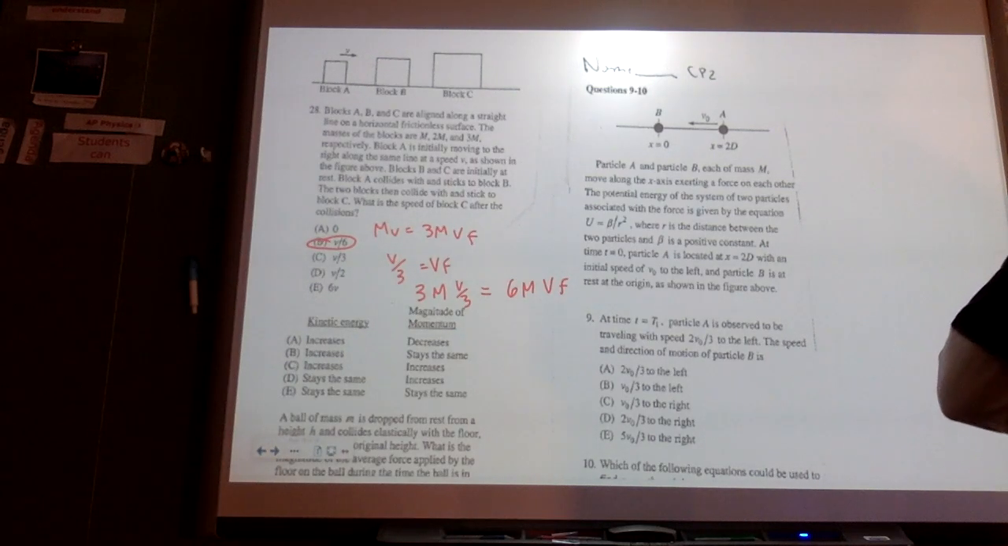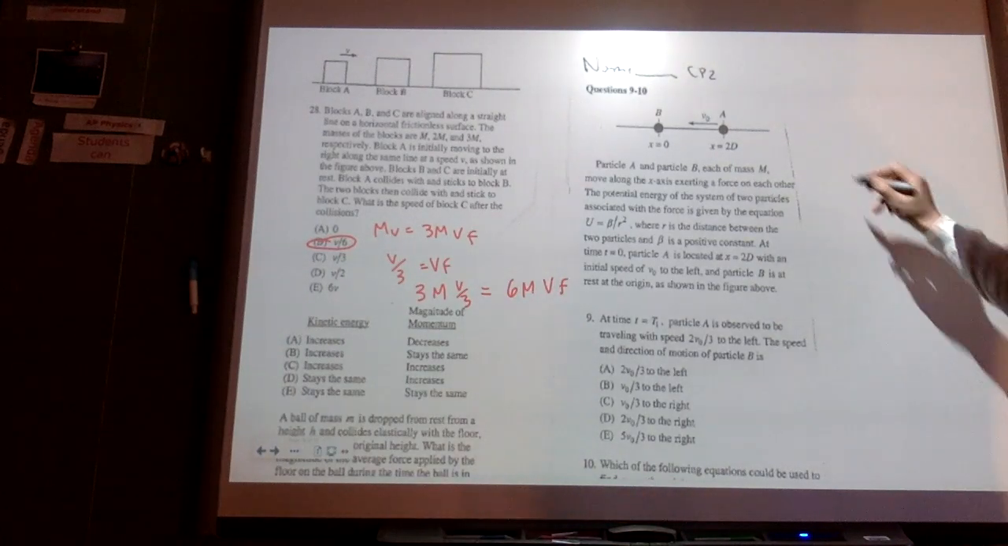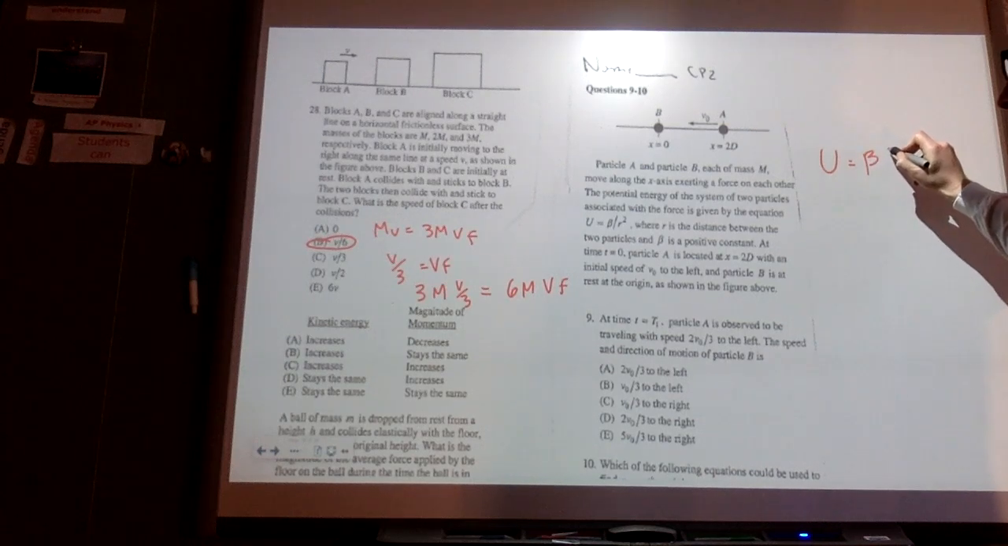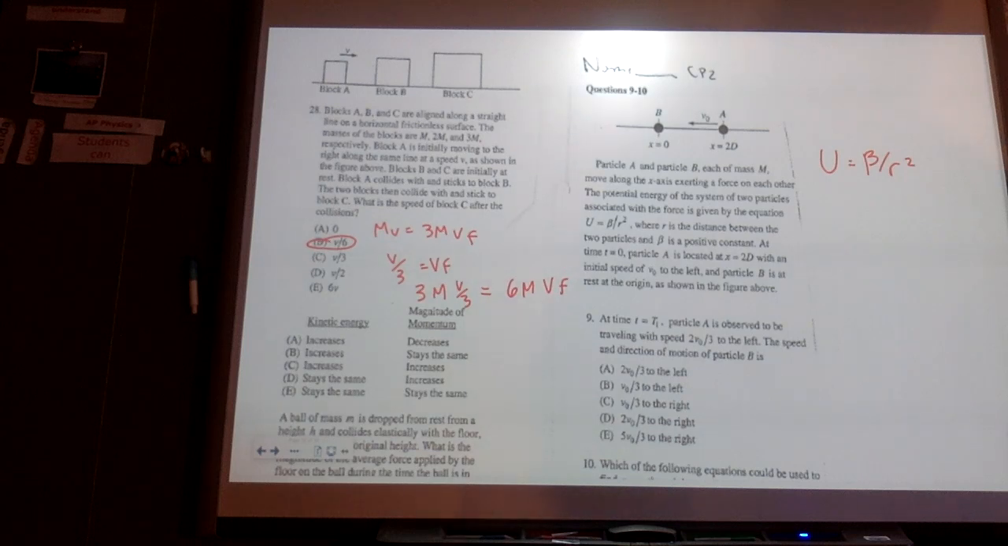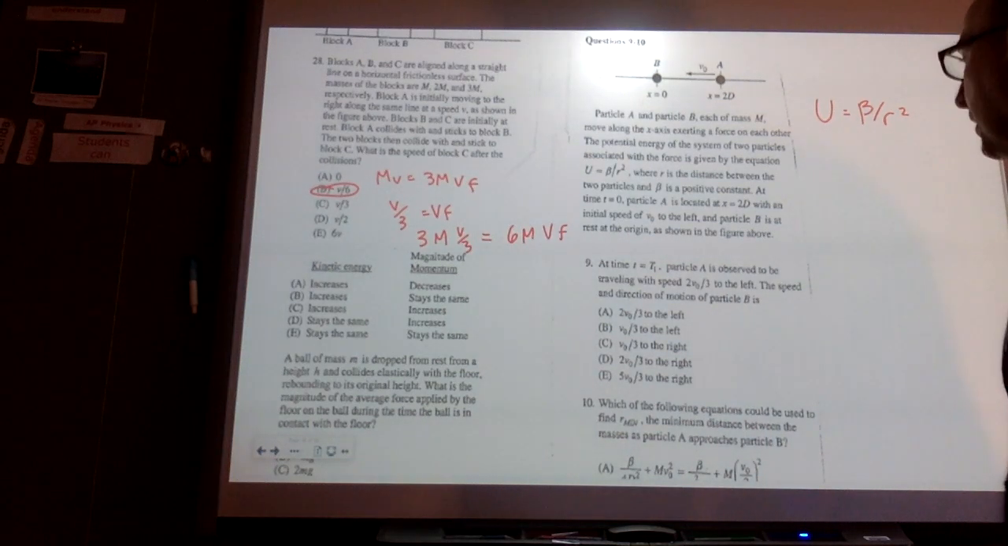Particle A and particle B, each of mass M, move along the x-axis exerting a force on each other. The potential energy of the system of two particles associated with the force is given by the equation U equals beta over R squared, where R is the distance between the two particles and beta is a positive constant. At time t equals 0, particle A is located at x equals 2d with initial speed v naught to the left. Particle B is at rest at the origin as shown before. At time t1, particle A is observed to be traveling with a speed of 2 v naught over 3 to the left. The speed and direction of the motion of the particle is